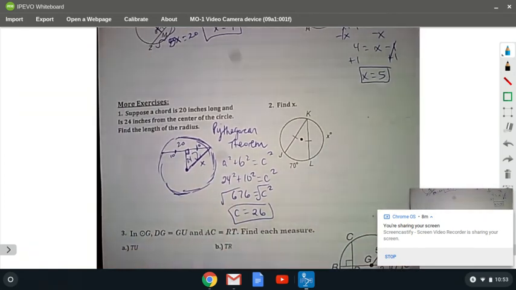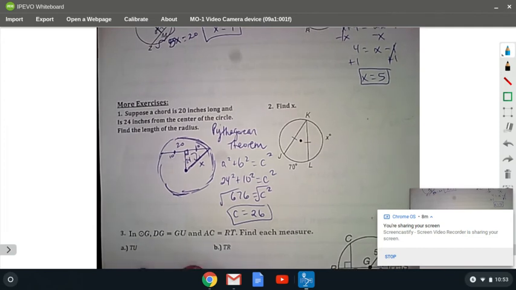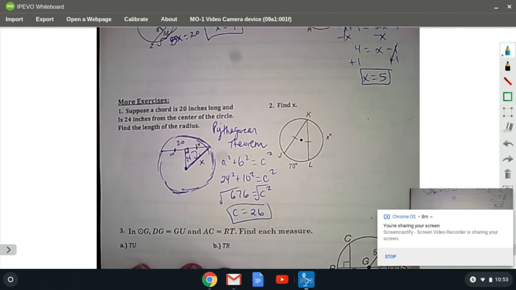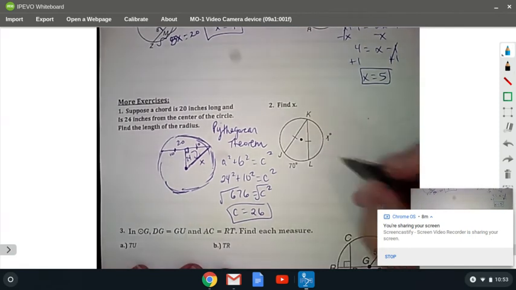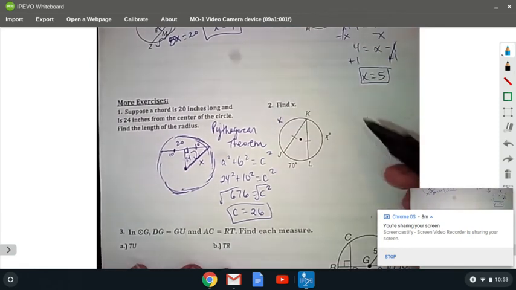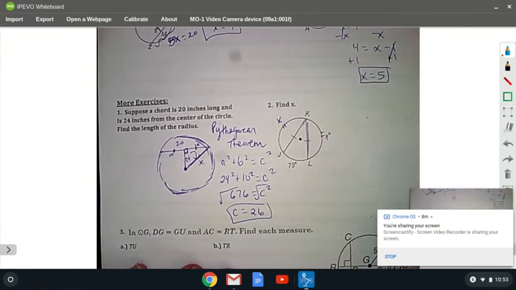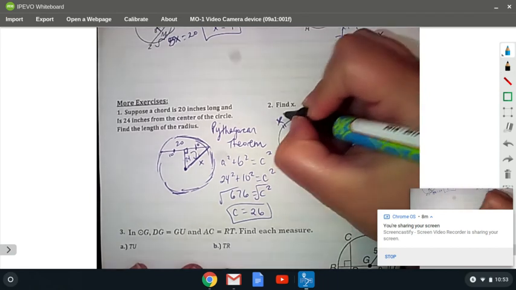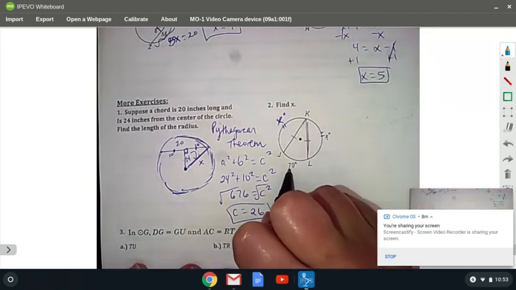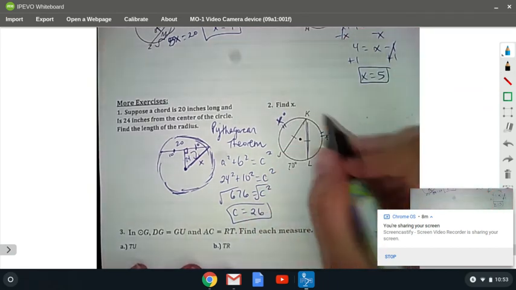In the next one here, they want us to find x, being given the fact that this is x. If that's x, guys, we also have to call this x because these chords are congruent, so that means that these arcs should be congruent. So if that's x, then this is x. You also were given that this arc is 70. A whole circle